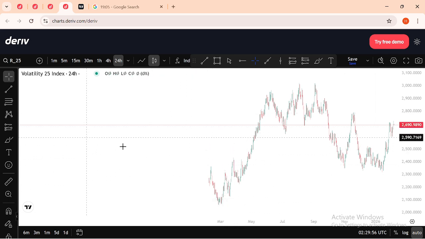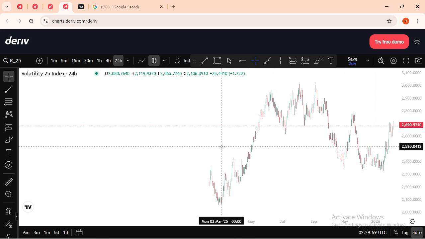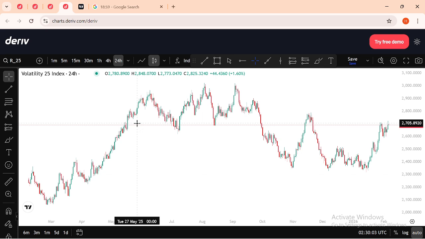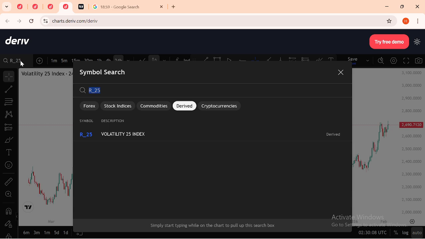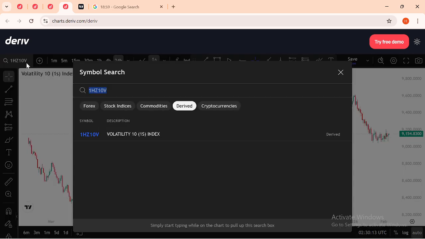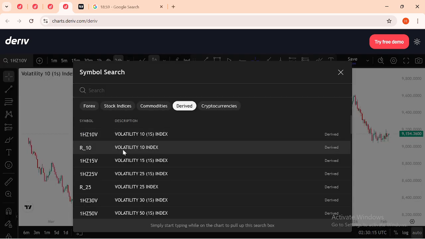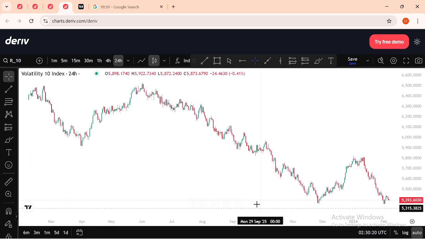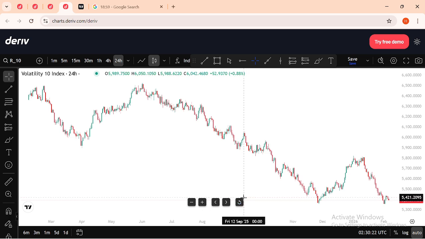So basically what we're going to be looking at, we're going to be analyzing the volatility 10 index. I'm going to be analyzing the volatility 10 index and let's see how it has played out so far. So basically this is the volatility 10 index, and